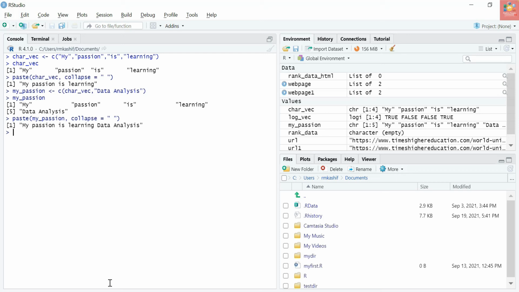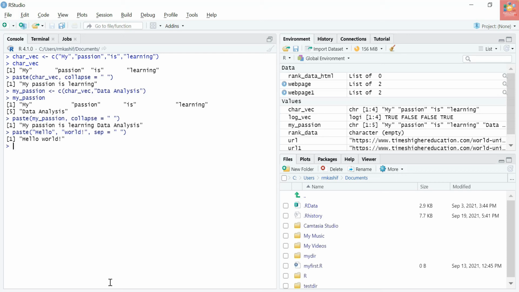Paste can also be used to join vectors with a specified separator. For example, paste hello world, and sep is equal to a single space. So you can also use it to join vectors with the specified separator.